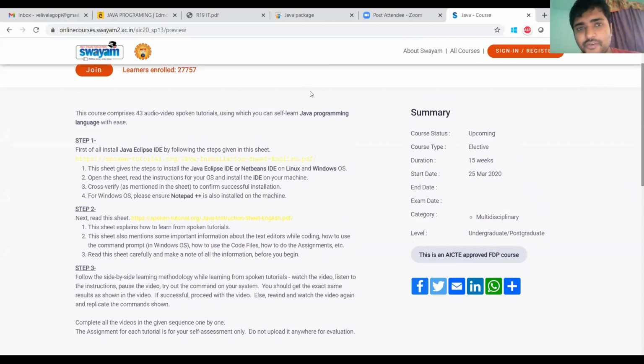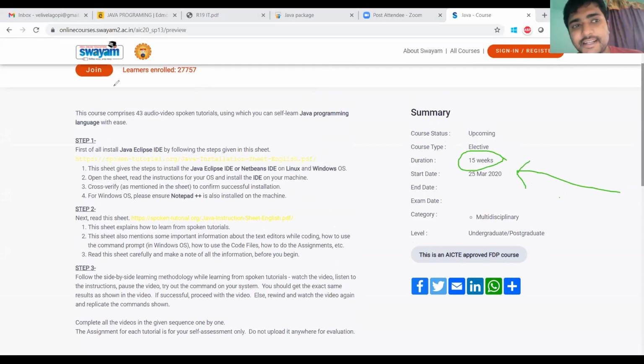This is a 15-week course. At the end of the course, they will hold the exam. If you pass this exam, you will get the NPTEL Swayam certificate. This certificate is valid.